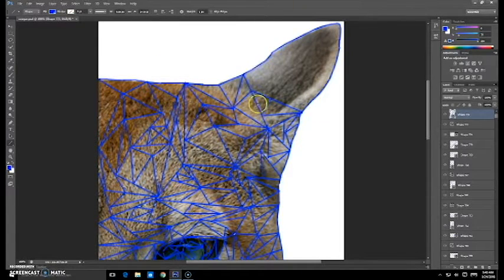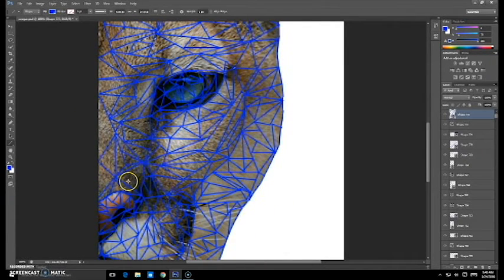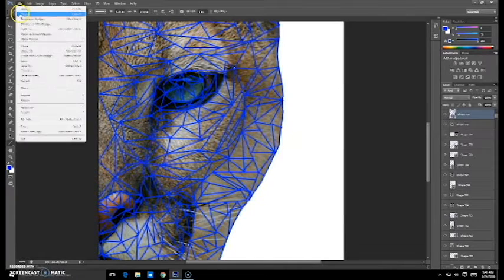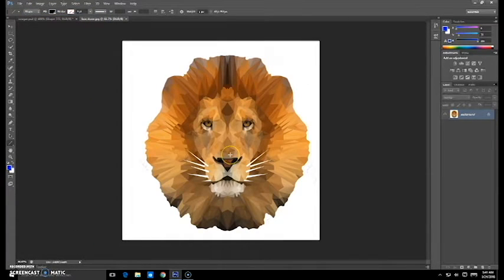Today we're having Zach fill in for Cody because he's writing a paper, and we're going to be doing a triangular, I guess they call it polygon animals. An example of this would be this lion. I did this, it took about 1,000 shapes. It took roughly around 3 to 4 hours, and this is just an example of what it could look